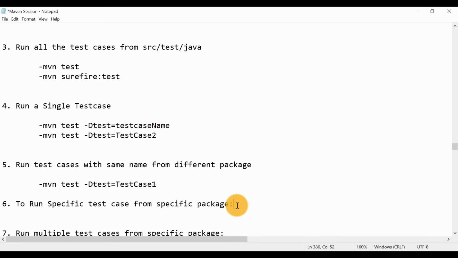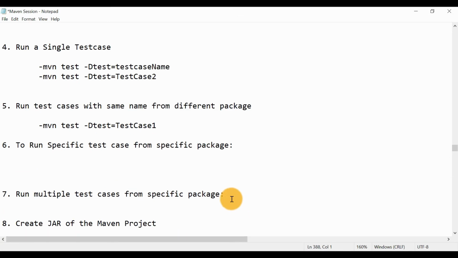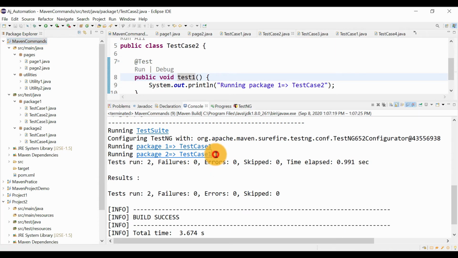So next, the sixth one is to run a specific test case from a specific package. Just now we saw that it has run test case 1 from both packages. Now I want to run test case 1 from package 2. I don't want to run test case 1 from package 1. I only want to run from package 2. So how can you do that?